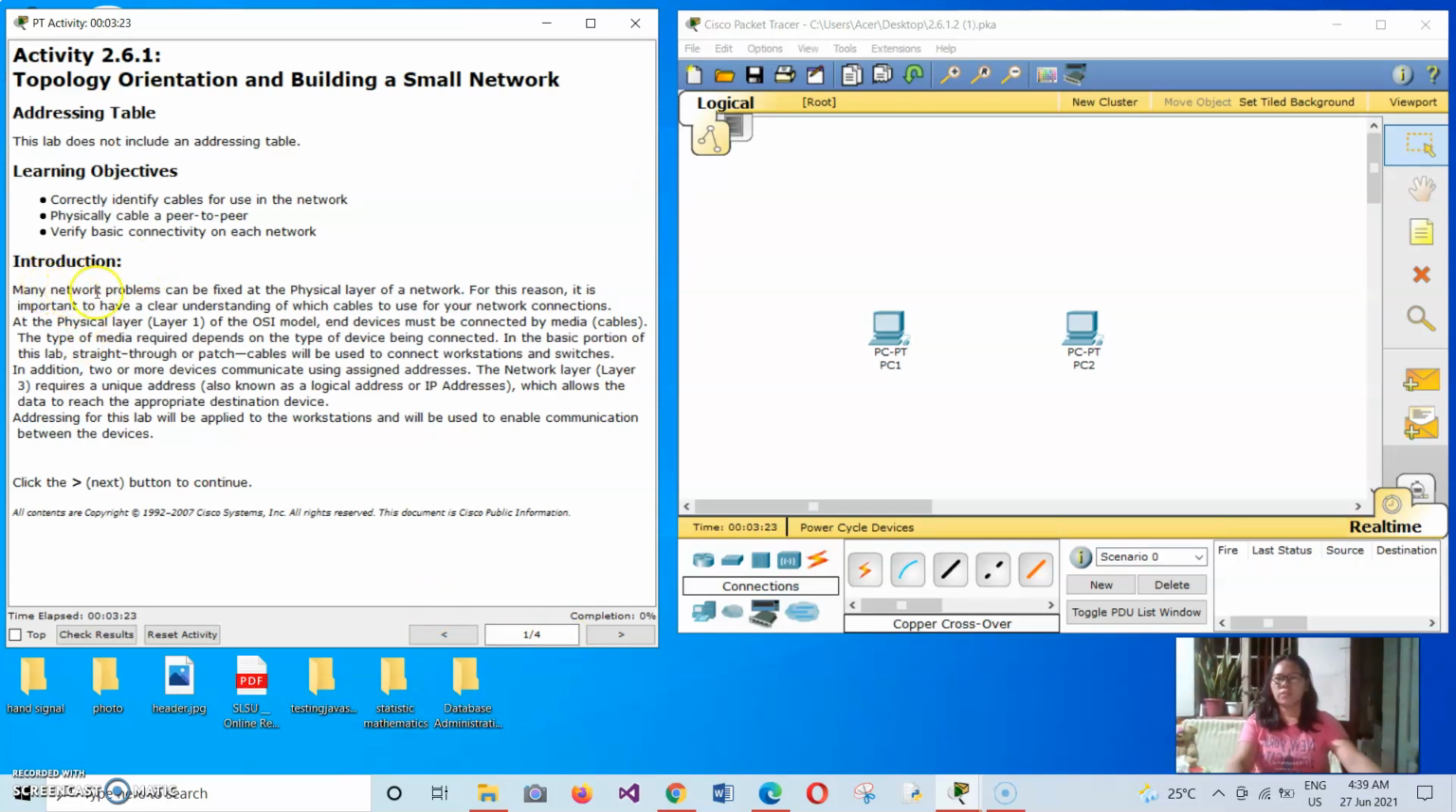Here's the introduction. Many network problems can be fixed at the physical layer of a network. For this reason, it is important to have a clear understanding of which cables to use for the network connection. At the physical layer, layer 1 of the OSI model, devices must be connected by media cables. The type of media required depends on the type of device being connected. In the basic portion of this lab, straight-through or patch cables will be used to connect workstations and switches. In addition,